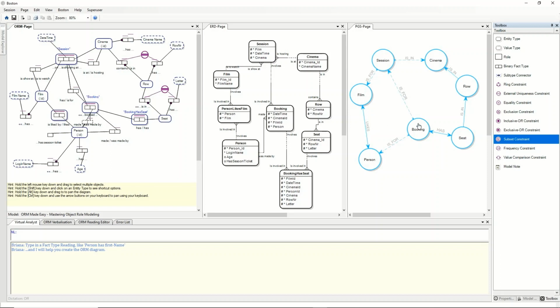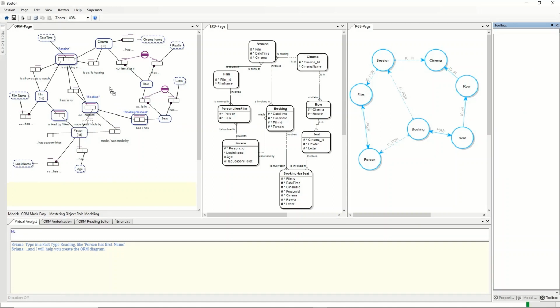So I've just fixed up that link that was missing. So booking is for session, and booking is for session here. And what we're going to do now is add a join subset constraint, which is a type of constraint that's quite powerful inside object role modeling. This is quite an advanced topic, but it gives you a feel for the power of object role modeling. So I'm just going to drag a subset constraint onto this page,